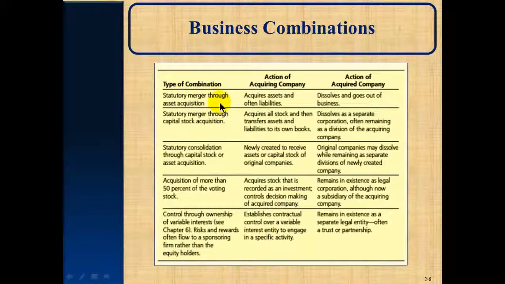And this is what I'm referring to. The thing to focus on here, and you might want to just dwell on this slide for a little bit, it's also presented in your textbook. But this first one, they call it a statutory merger through an asset purchase. And remember, you can acquire either assets or the common stock of a company. And obviously, acquiring common stock gives you control over those assets, and certainly then also makes you liable for the liabilities. But if you do an asset purchase and you just buy out all the assets and assume the liabilities,